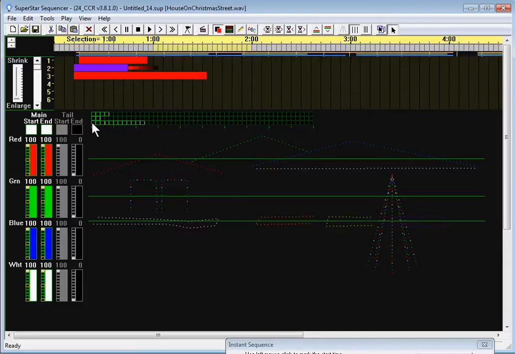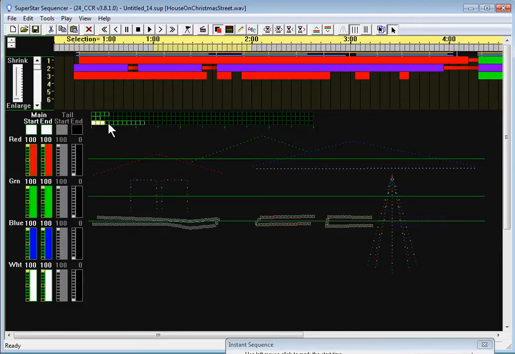The lights on the bushes each have one square, and each strand, each bundle on the mega tree, it has a little square, and then finally this guy has a square to himself also. And you'll notice that it sorted them by rows. These green lines show where it found rows, and then it placed the lights on those rows on the sequencing